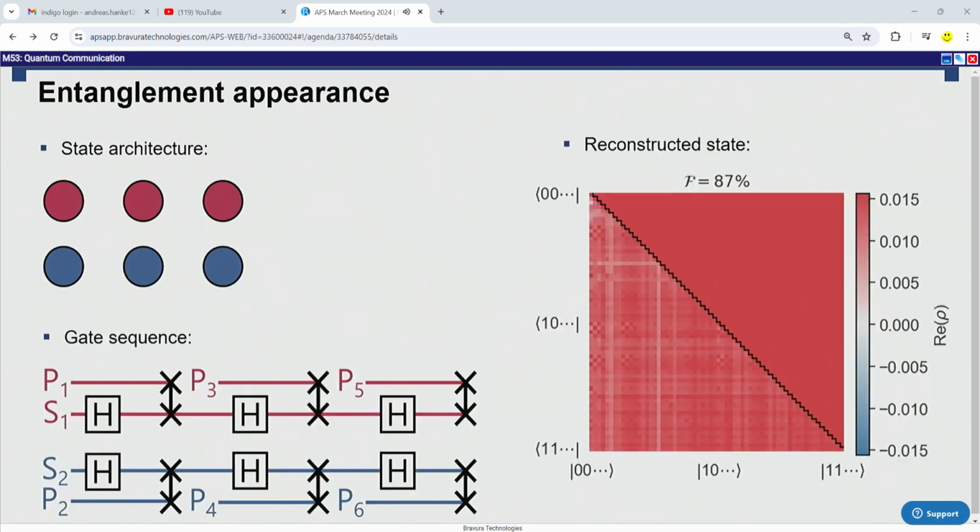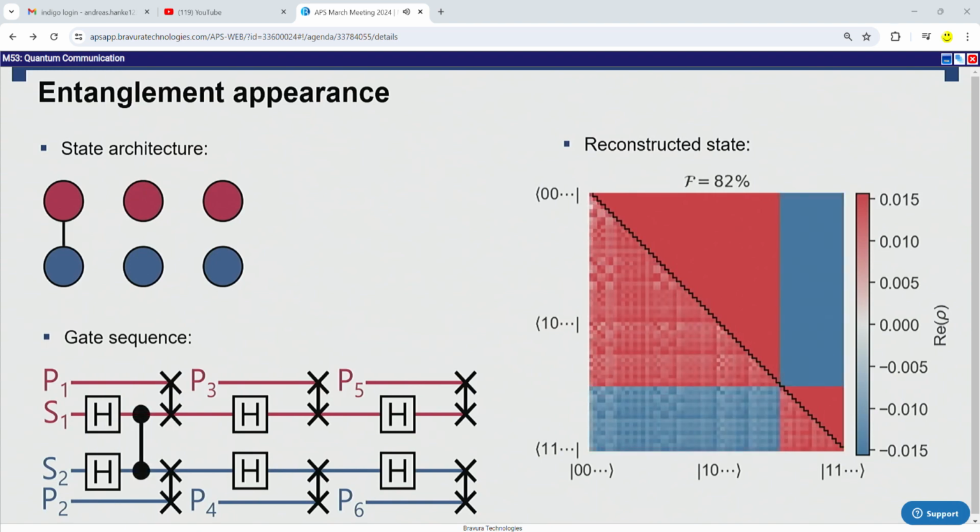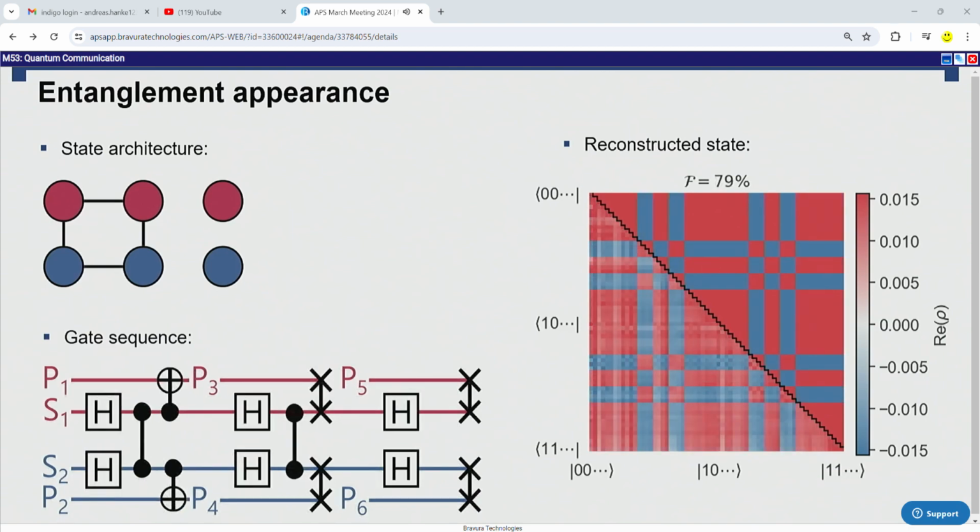And we get a reconstructed state that's basically just a big square of red. Now we can turn on our first entangling gate, so this is this CZ gate over here on the left, and we start to get some more structure in our state. We can turn on another few gates, and what we've got here is a 4-photon entangled state and 2 extra